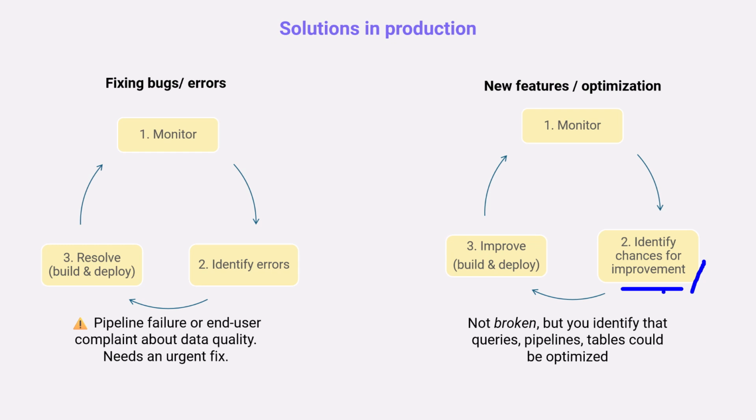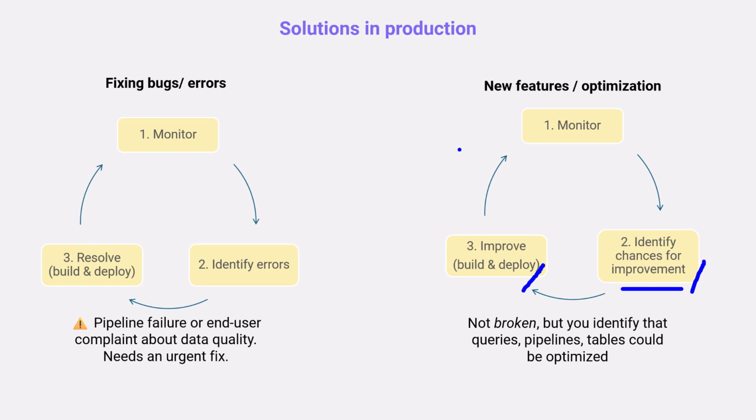Now, that could be in the number of capacity units that your pipeline is using every time it runs. You think, this is using a bit too much. There's an opportunity here to refactor my pipeline. And again, you're going to do some sort of improvement, build and deploy step. And again, it's kind of cyclical, right? You might go through stages